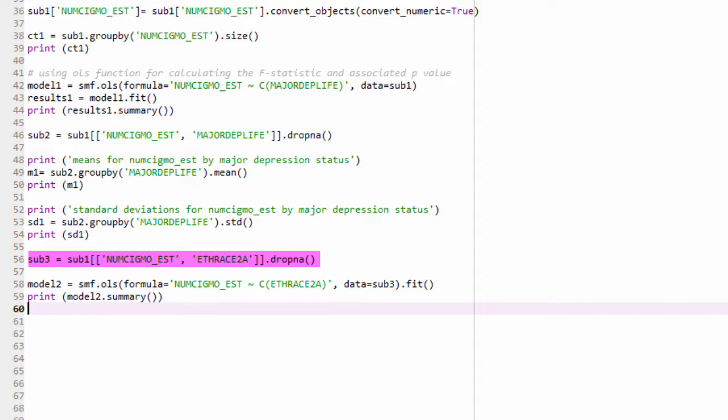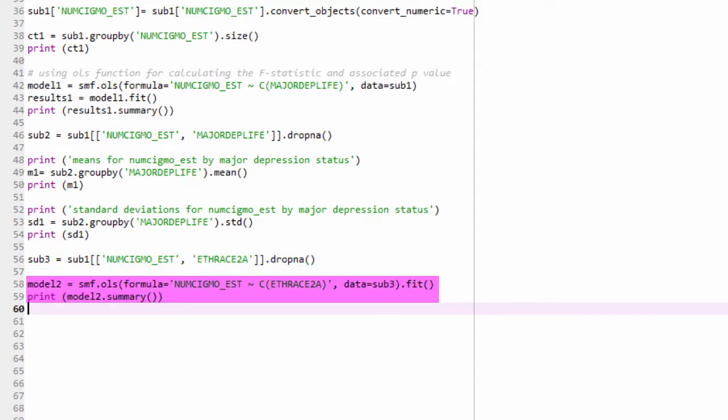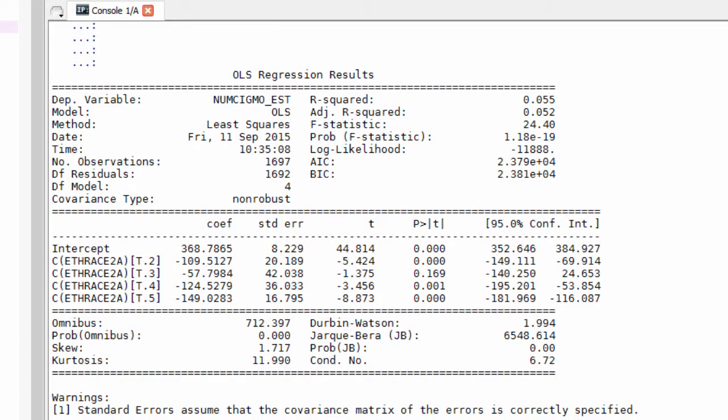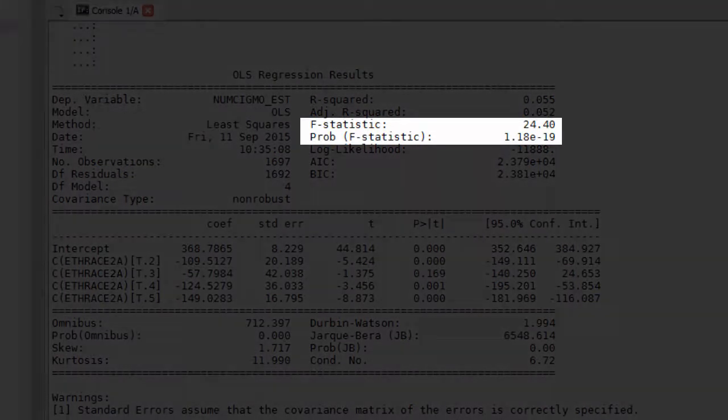I will use the same model statements, but change the data frame to sub3 and the explanatory variable to eth_2a. Again, it's important I indicate to Python that this is a categorical variable. Then we'll save and run the program. Here again, we see our F statistic and associated p-value for our explanatory variable with more than 2 levels. This time, the F statistic is 24.4, and the p-value is written by Python in scientific notation, so we know